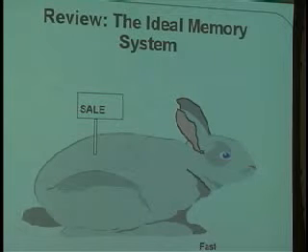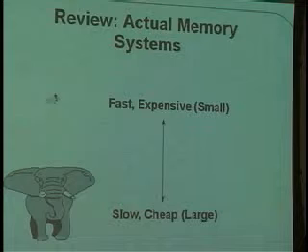we also discussed that big slow memories have a problem in that they are slow. It's fine that they're big, but we want them to be fast. We want our computer to run fast, not to run slowly. And so an ideal memory system might be characterized by this gigantic bunny over here. But the truth of the matter is that memory systems consisted of either small, fast memories or big, slow ones. And so as a result of this,